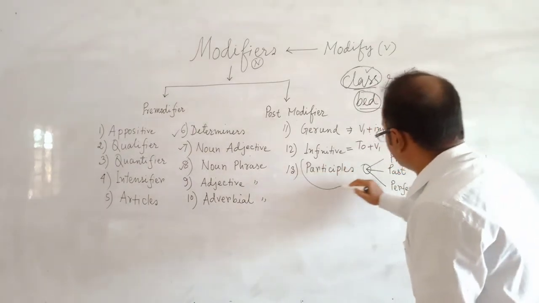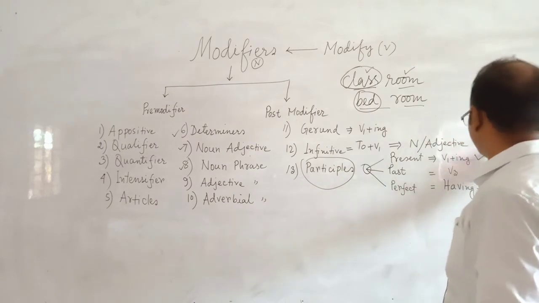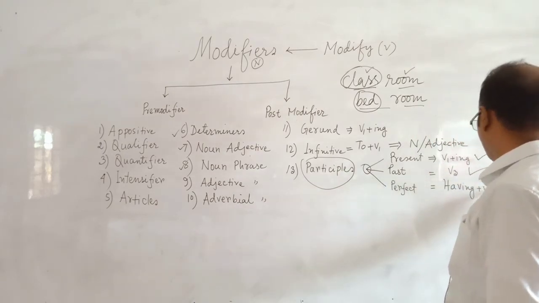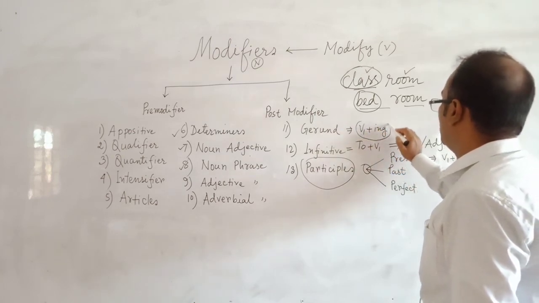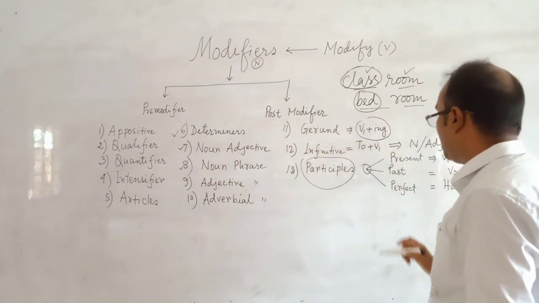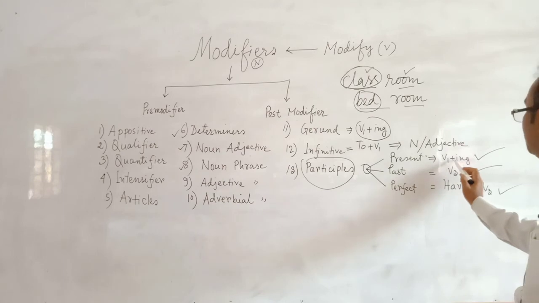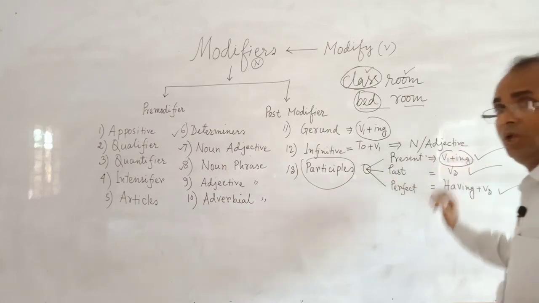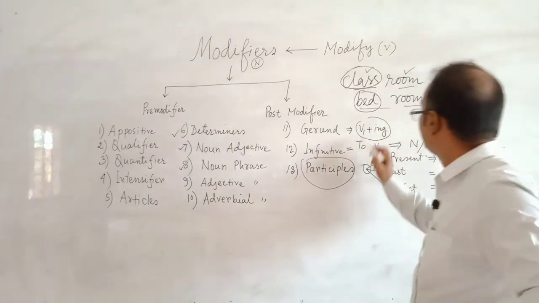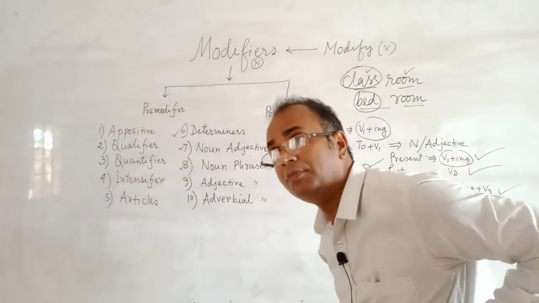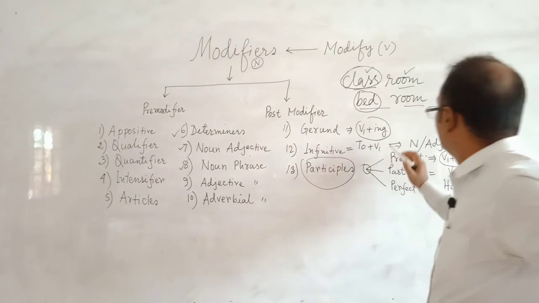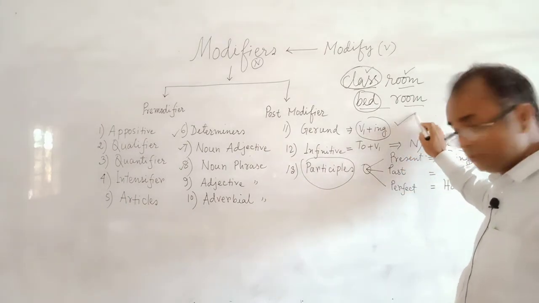Participles are adjectives: present participle adjective, past participle adjective, perfect participle adjective. Gerund is a noun, but present participle is V1 plus ing. You observe that present participle and gerund structure is the same, V1 plus ing, but one works as a noun, the other works